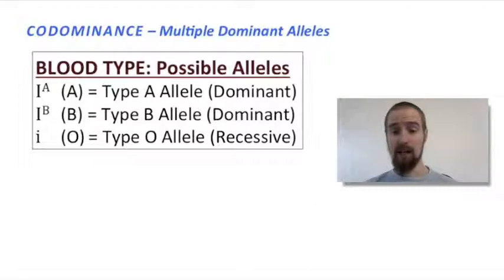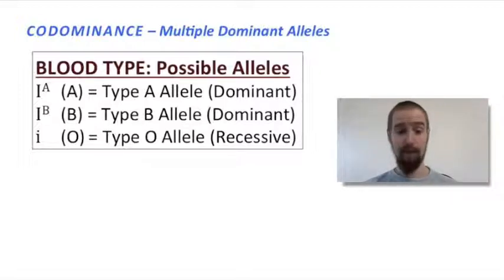The type A allele is dominant, and you only need one type A allele to have type A blood. The type B allele is also dominant, and you only need one type B allele to have type B blood. The type O allele, however, is recessive, and you must have two type O alleles to have the type O